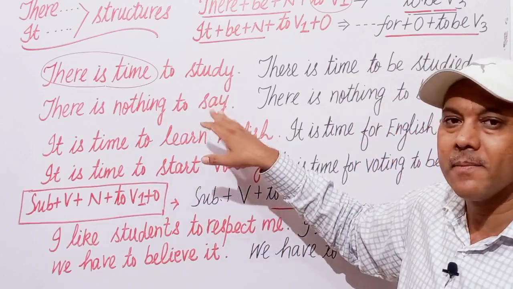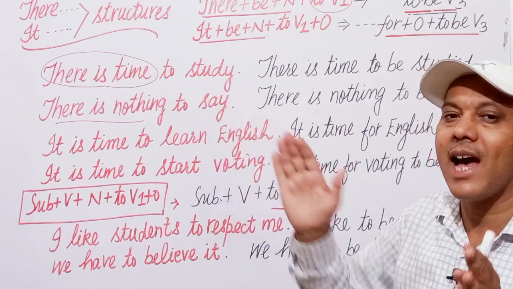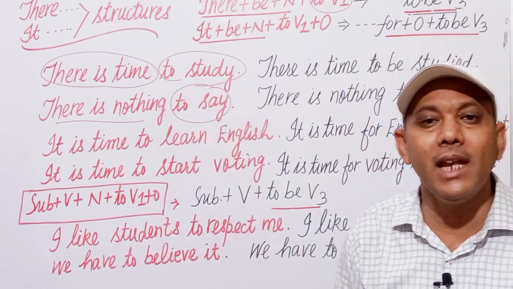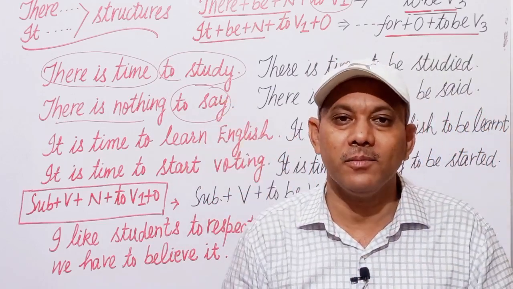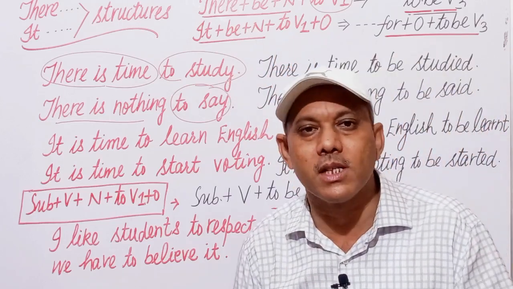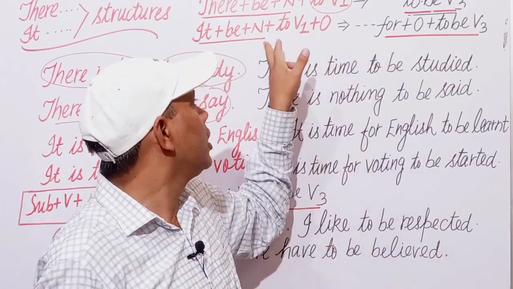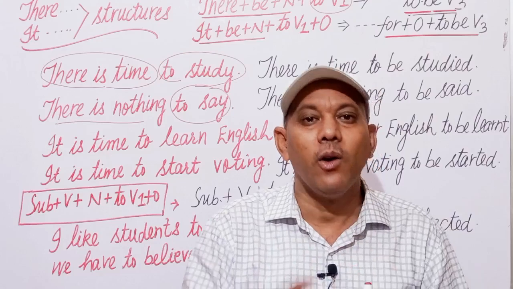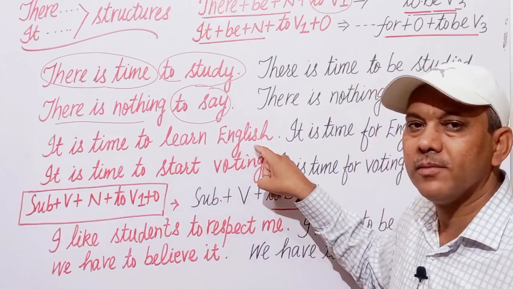देयर इज नथिंग टू से, हम इस स्ट्रक्चर में कोई चेंज नहीं करेंगे। देयर इज नथिंग टू बी सैड, केवल ये जो टू इन्फिनेटिव है इसमें हम टू के बाद बी लगाएंगे और पास्ट पार्टिसिपल ऑफ द वर्ब यूज करेंगे। देयर इज नथिंग टू बी सैड। इसी प्रकार से इट्स स्ट्रक्चर, यहां पर थोड़ा सा डिफरेंस है जिसे आपको समझने की जरूरत है। फॉर एग्जाम्पल, इट बी प्लस नाउन प्लस 2v1 के बाद ऑब्जेक्ट है, इसलिए हमें ऑब्जेक्ट को पहले लाना पड़ेगा। कैसे लाएंगे? फॉर प्लस ऑब्जेक्ट करके लेके आएंगे।